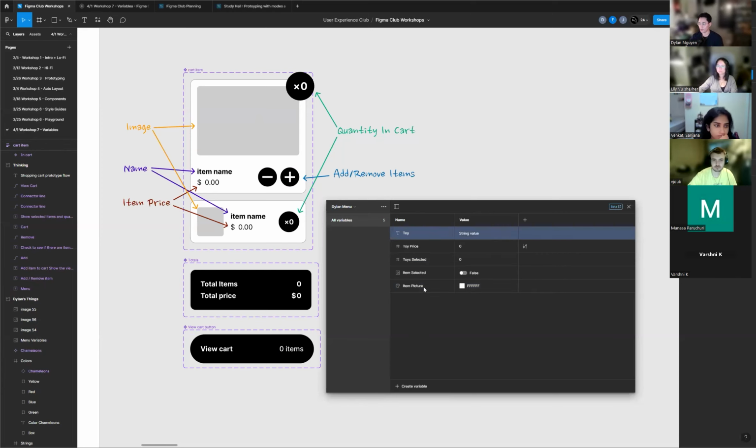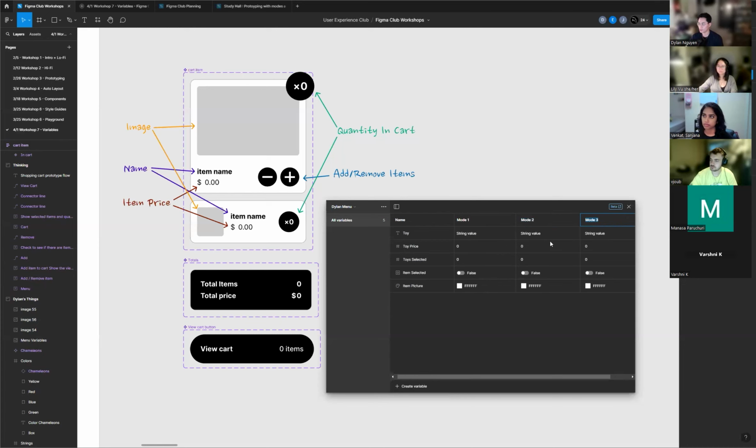So now you should have 5 variables in your collection. And if you remember from last week, or if you weren't here last week, we can add multiple modes to all of these variables, right? So we can change the actual value of the variable based on its context and mode. We can do that by clicking the plus sign that is in the first row next to the word value. We are going to click that, and we're going to click it again to make 3 modes,